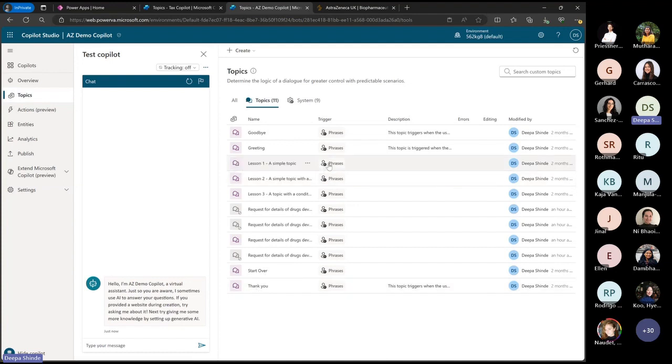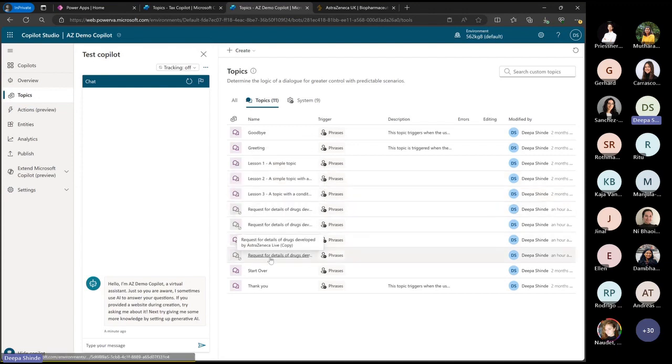These are topics used by Copilot Studio, but you can update them. The goodbye topic says goodbye to the end user. You can customize this for yourself, right? Likewise, the greeting one can be customized. Again, start over, thank you. All these topics can be customized.